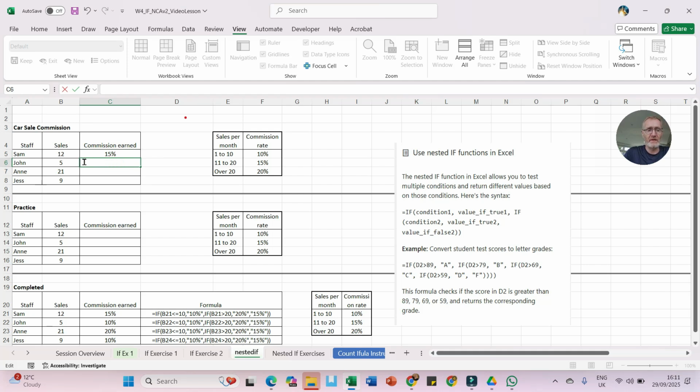Let's type this in. So this is equals IF, open brackets, the logical test. The logical test is if B6 is less than or equal to 10, the value if it's true is 10%, comma, and the value if it's false, and we're going to put another if argument, IF, open brackets, B6 is greater than 20, comma, what's the value if that's true? Well, the value if it's true is 20%,